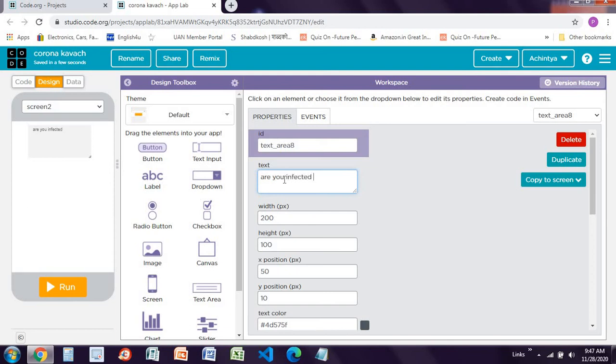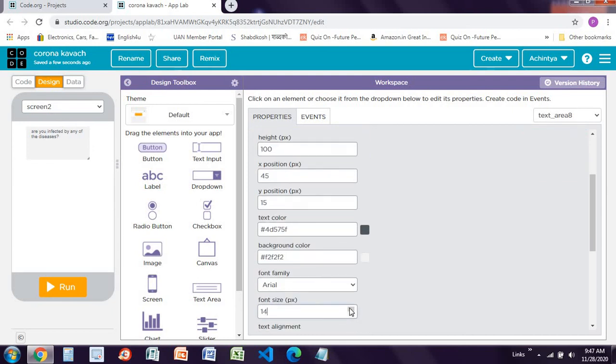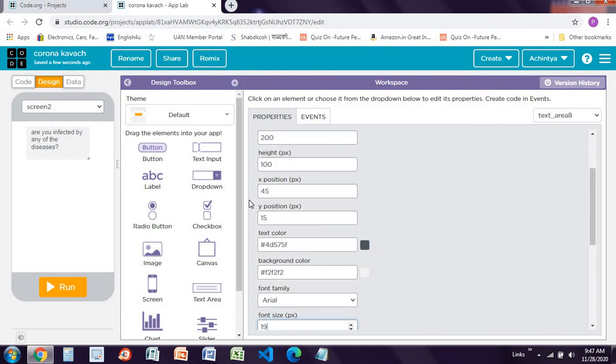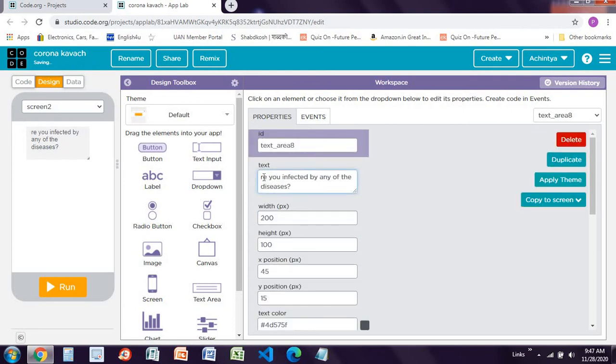Affected by any of the diseases, like this question mark, and you have to make this text bigger, yeah, like this, and make this as capital like this.